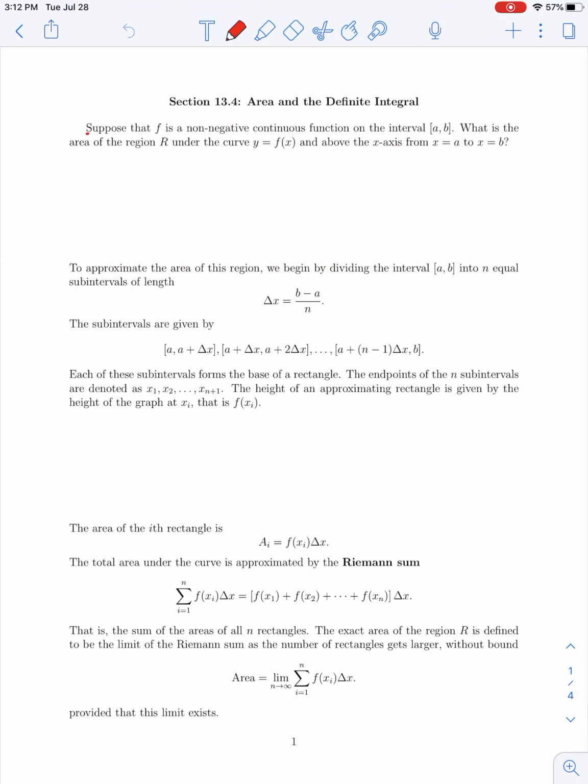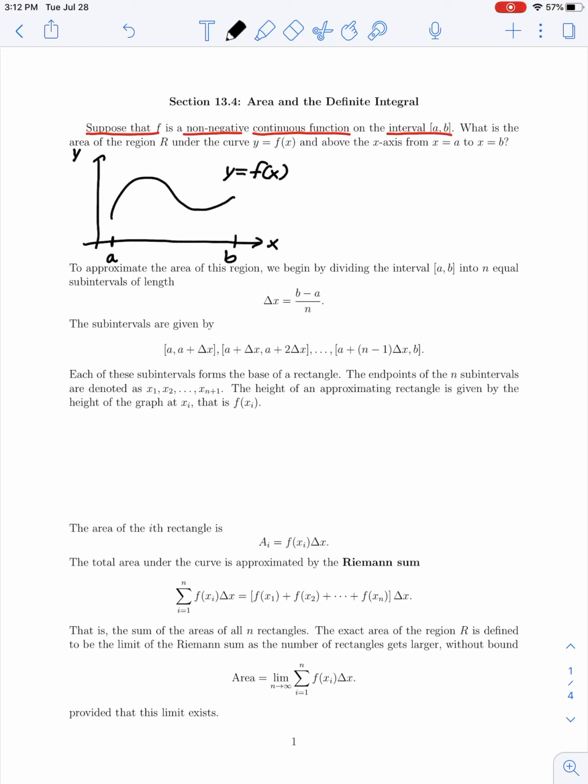So here it is. Let's suppose that we have a function f, which is non-negative and continuous on some interval from a to b. So let's sketch the graph of this. Maybe we've got some function in the first quadrant. So maybe it looks something like this. Let's say this is the graph of y equals f of x. And we're looking at this function, which is continuous and non-negative, so it lies above the x-axis on this interval